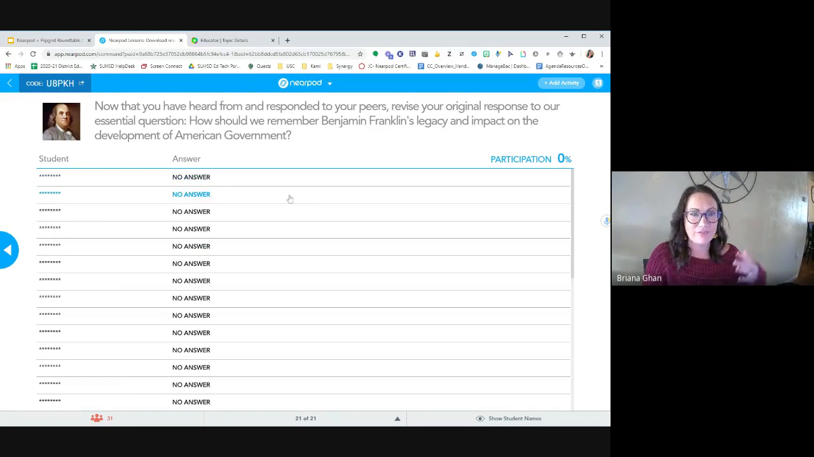So theoretically, after you responded and you listened to your peers' responses and you reflected on what your peers said, you would be able to have your final response on what you remember or think Benjamin Franklin's legacy and impact on the development of American government is, right? So this activity allows you to